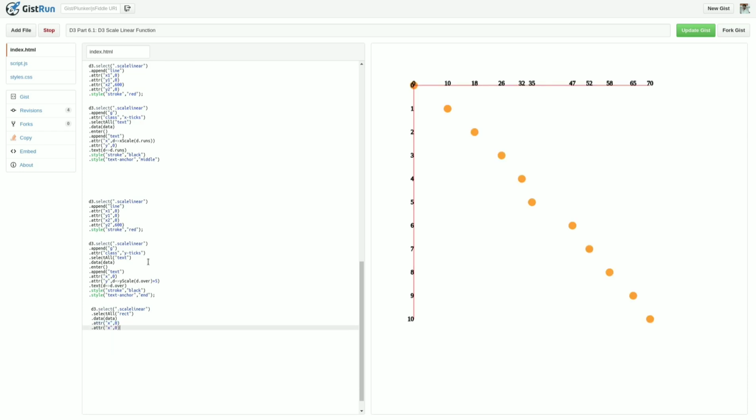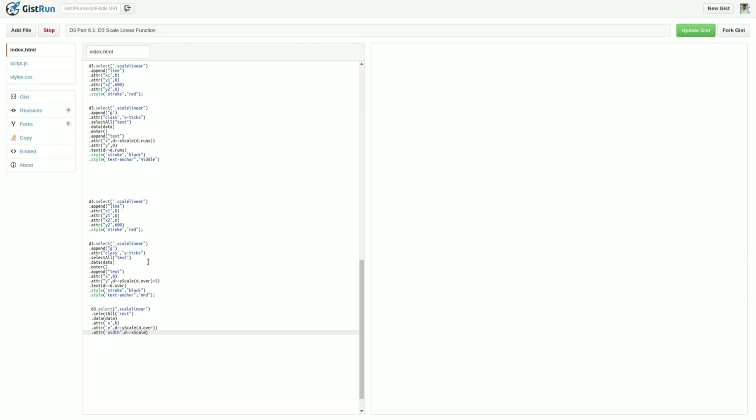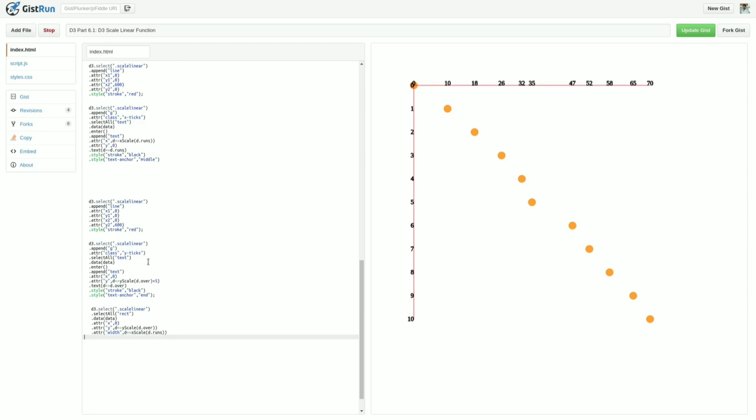Now for y I will give d dot y scale of d dot over, dot attribute width will be d of x scale of d dot, and here as a height I will provide the 20 pixel.